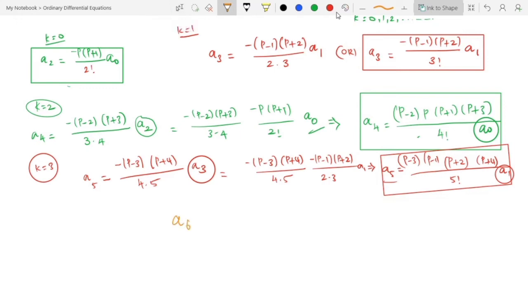Next we have to write a6. For that compare a2 and a4: a2 in terms of a0 and also a4 in terms of a0. That means a with an even suffix is in terms of a0. Also comparing terms in product, that is centered by p into p+1. Here also p into p+1. Note the point: terms are added on the right side with 2 as an increment. That means p+1 adding 2, with that we get p+3. Likewise, terms are added on the left side with 2 as a decrement.